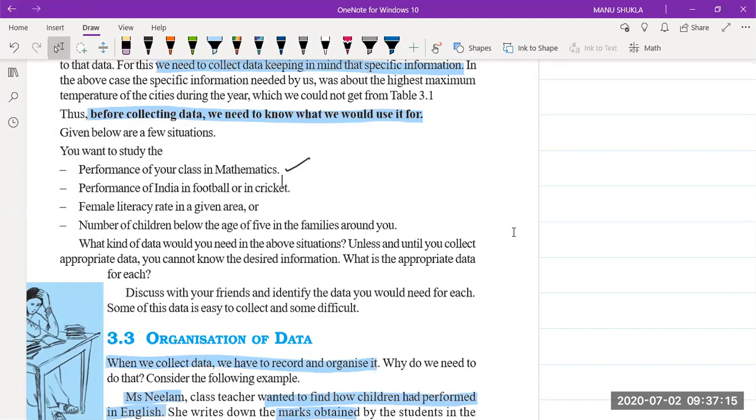First of all, what is literacy rate? Literacy rate is the criteria by which we say a person is literate or not. It is different in different countries. Suppose in America, they have a standard that those who have done college, undergraduates, are literate. In India, we have standards like class 8, suppose. If you have passed class 8, you are literate. So these are the criteria that we keep.